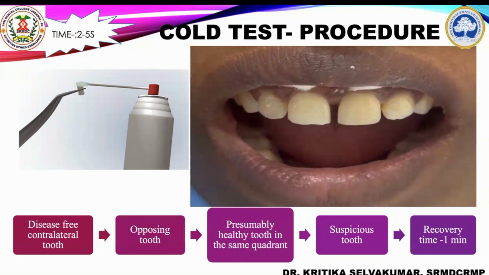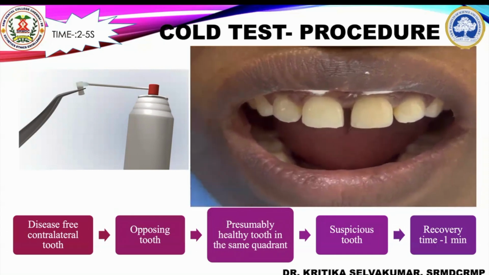As you can see here under isolation, first the healthy tooth, once the stimulus is placed, the patient elicits an immediate response, whereas in the suspicious tooth, that is 2-1, the patient does not elicit a response, indicative that the tooth is in the phase of necrosis or has a necrotic pulp.